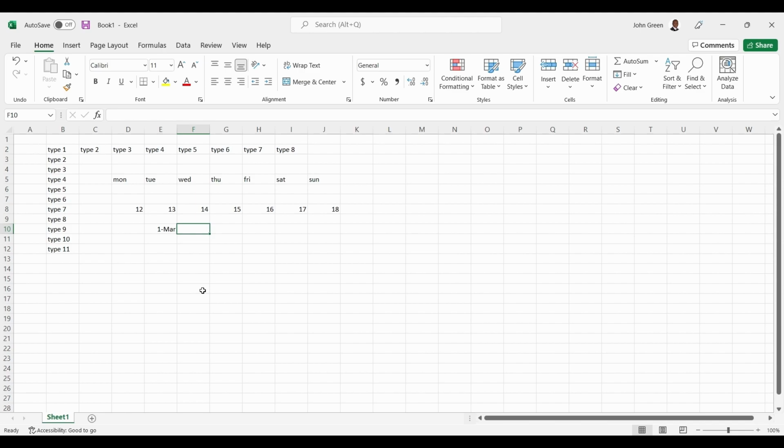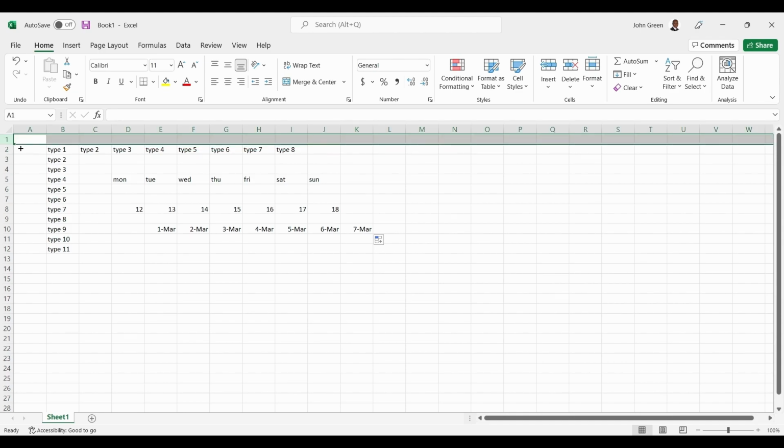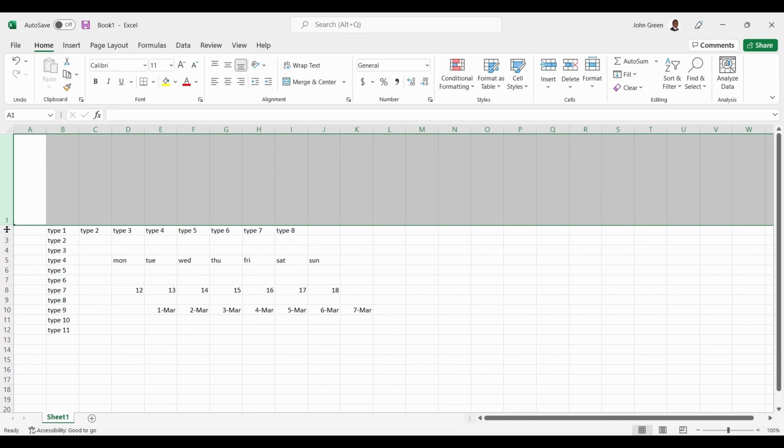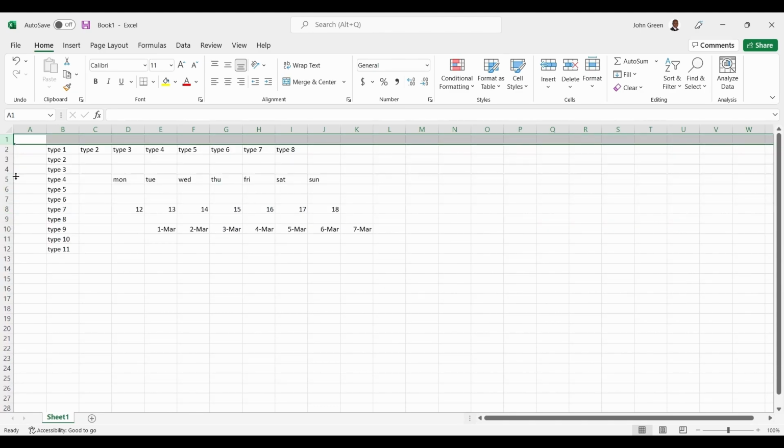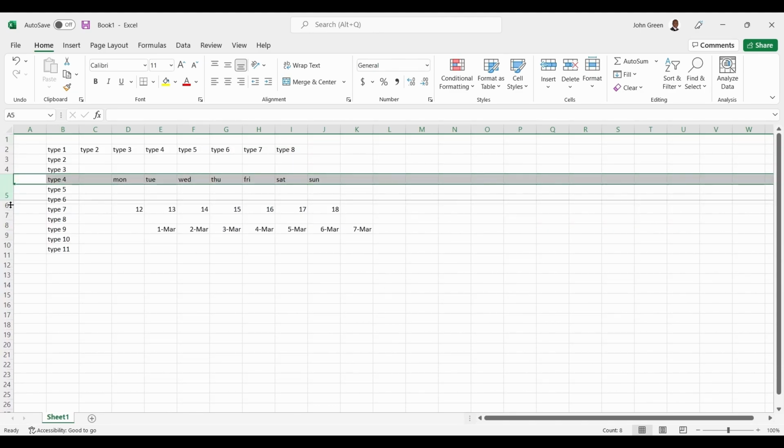Similar to how we did the days of the week, we can also do the same thing with the months or the days of the month. So we can see we have March 1st, we drag that over, March 2nd, 3rd now appears. So that little box in the corner is actually a really good tool that can help you streamline your whole